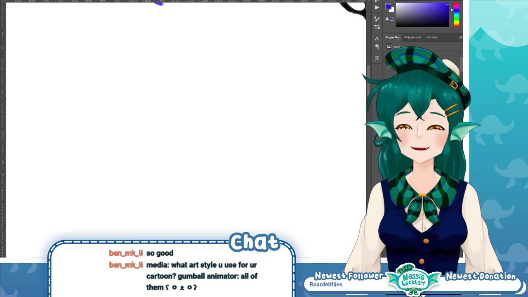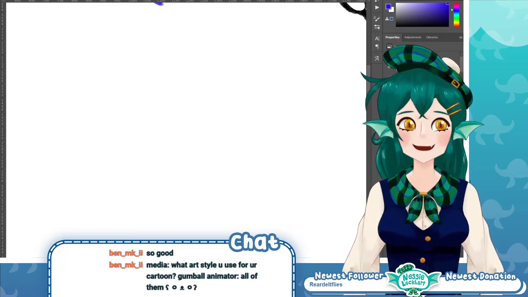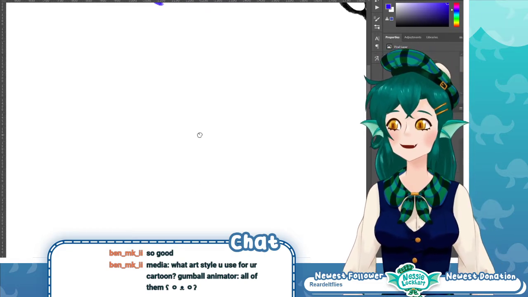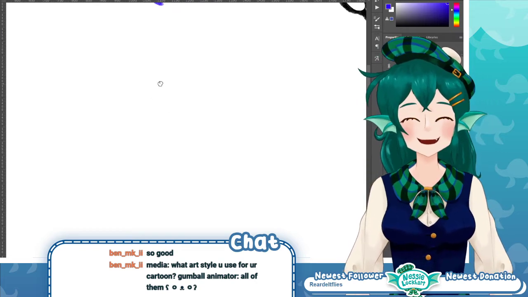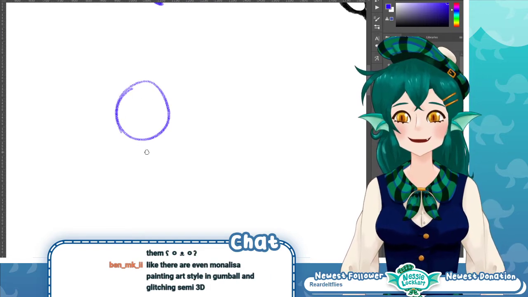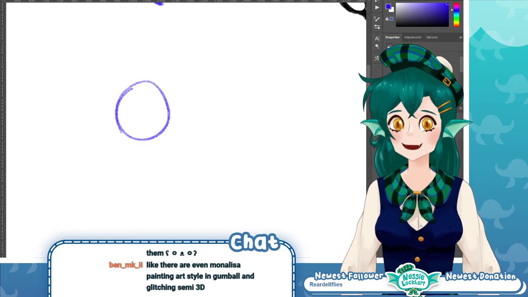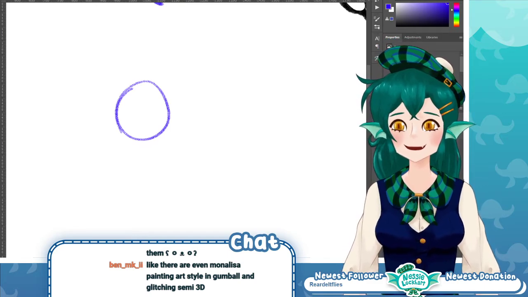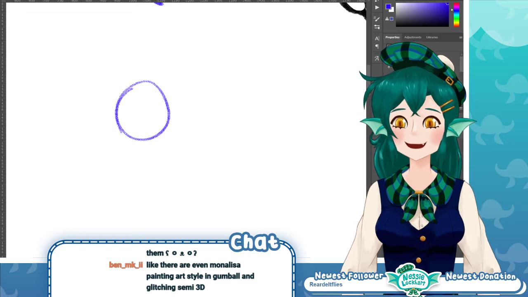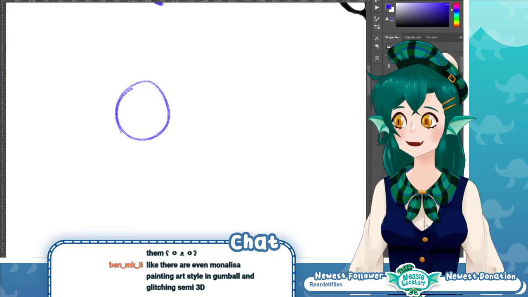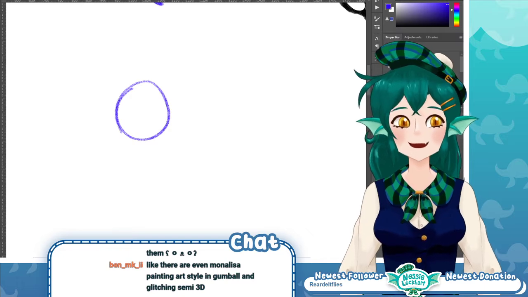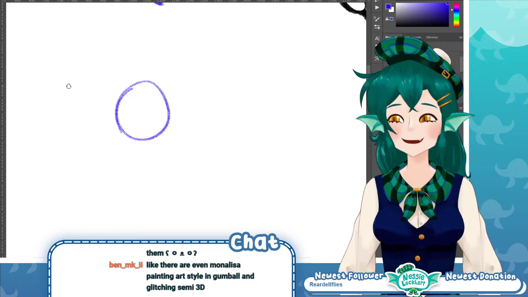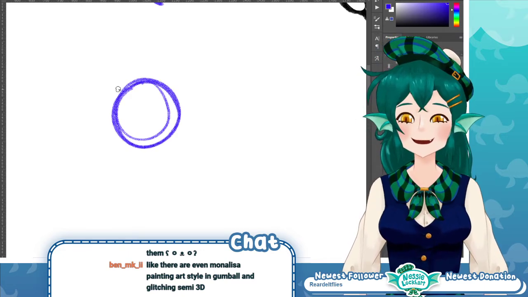And I don't know if it's considered an old meme, but just the raw emotion is so good. Let's see if I can do this. Oh, Shinji's blocking chat. Hold on. There are even Mona Lisa painting art style in Gumball and glitching semi 3D. Yeah, they just go all in. They use all the effects.